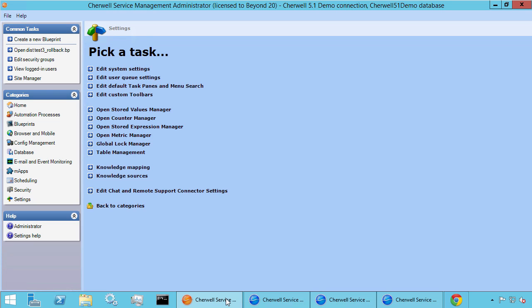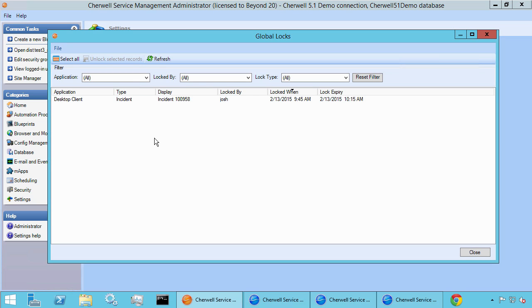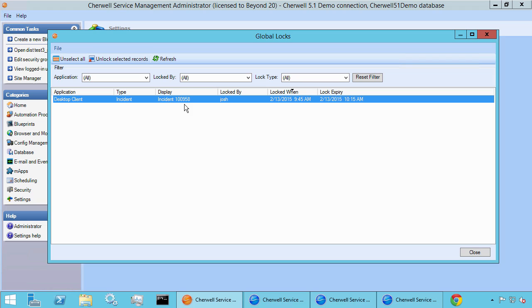If you notice, when you're logged into the orange pill here, if you follow along on my screen, there's a global lock manager. This allows you to view what records are currently locked and also force them to be unlocked. There are different ways to unlock a record. This is one way you can do it, through the administration tool. If you click on that, you can see that the user Josh locked a specific incident